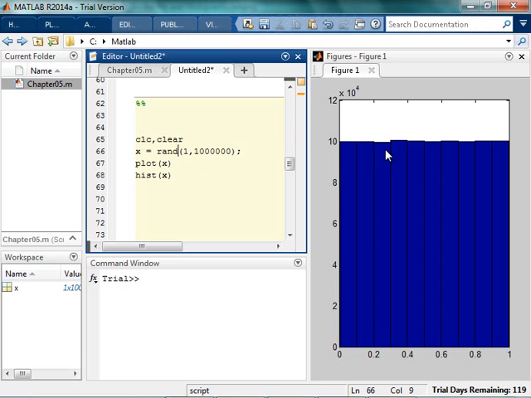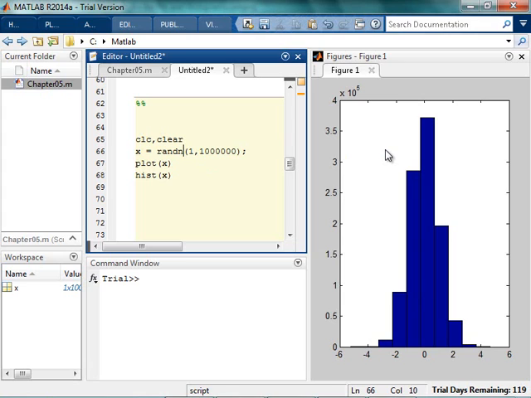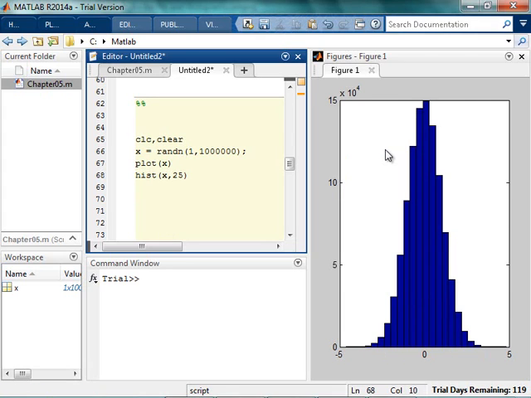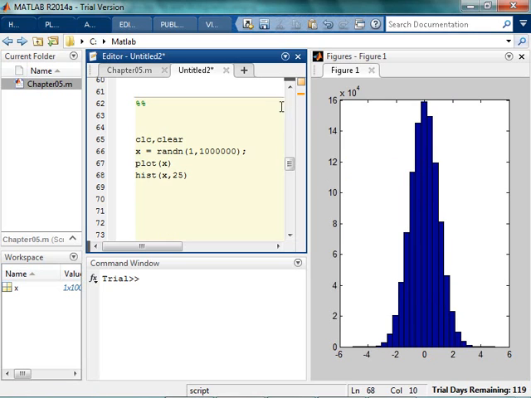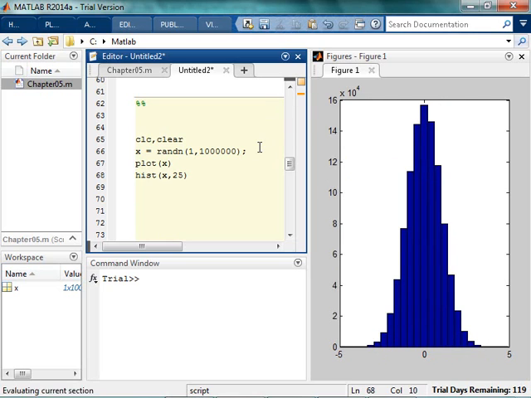You may or may not know you can put an N here, and that gives you a normal distribution, your bell curve. So that allows you to see. If you want to increase the number of bins, you can get something that looks even more like a bell curve. So that's 1,000,000, and it really does look like a good little bell curve there.